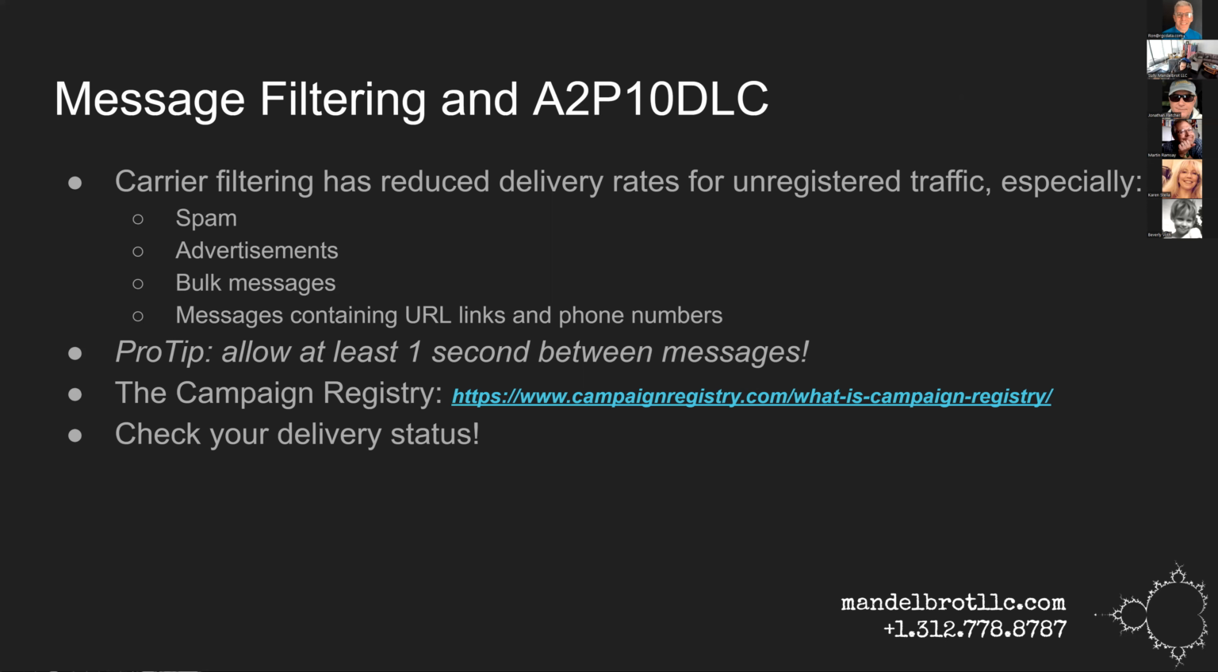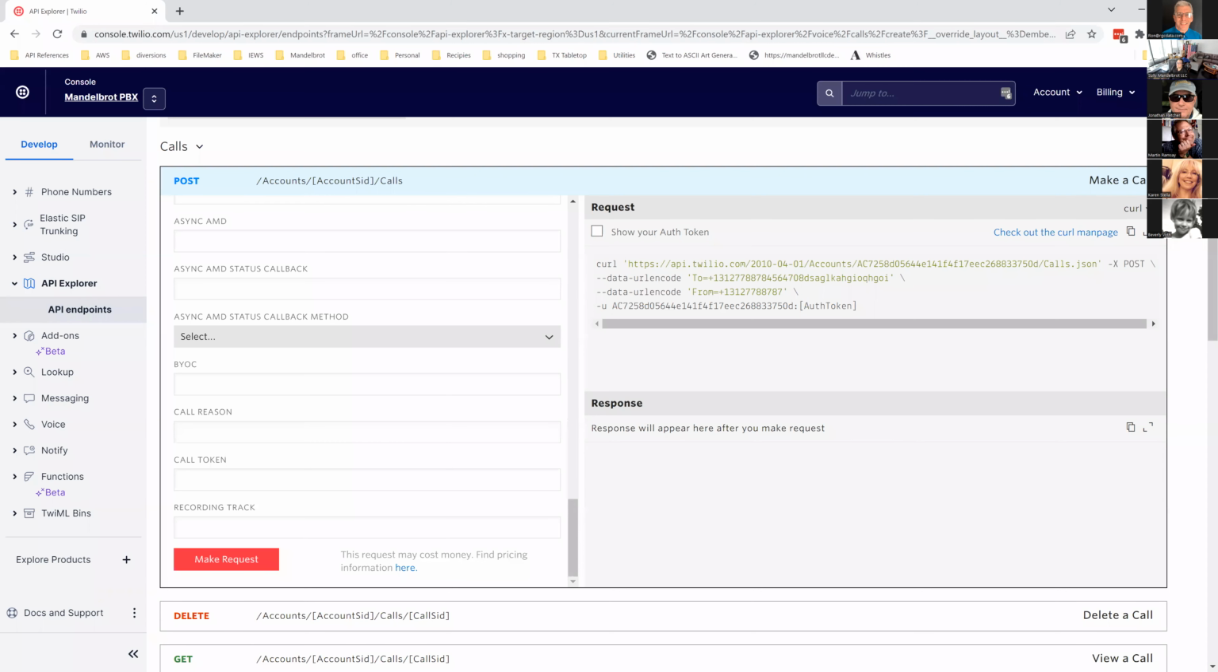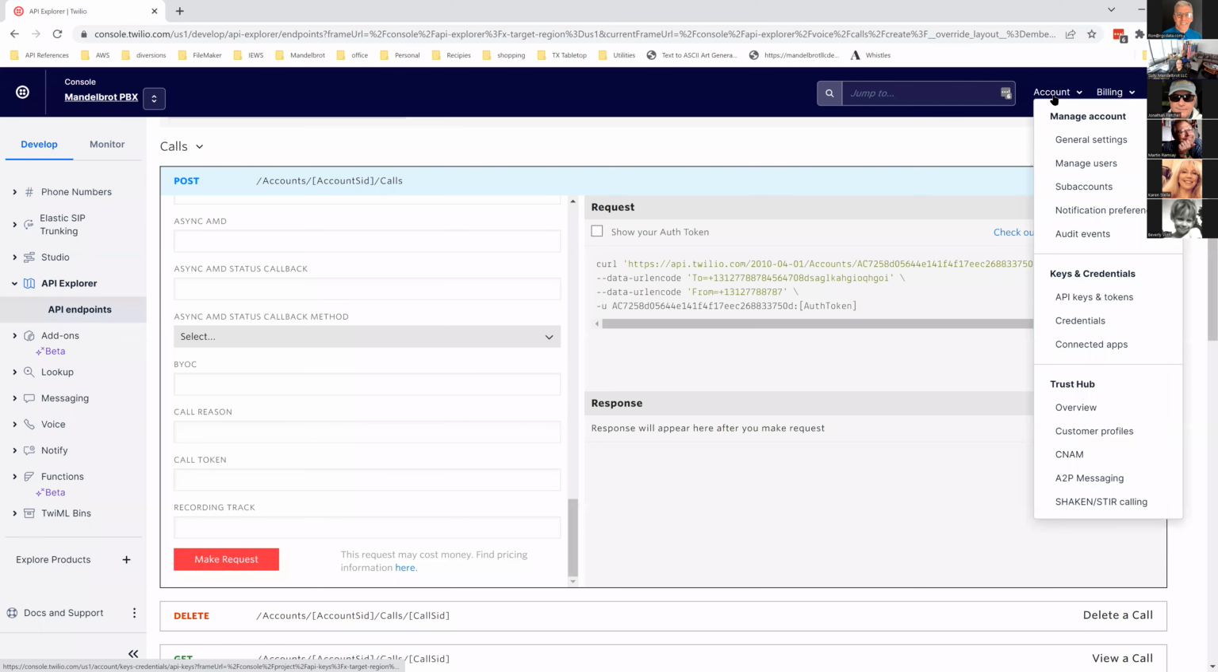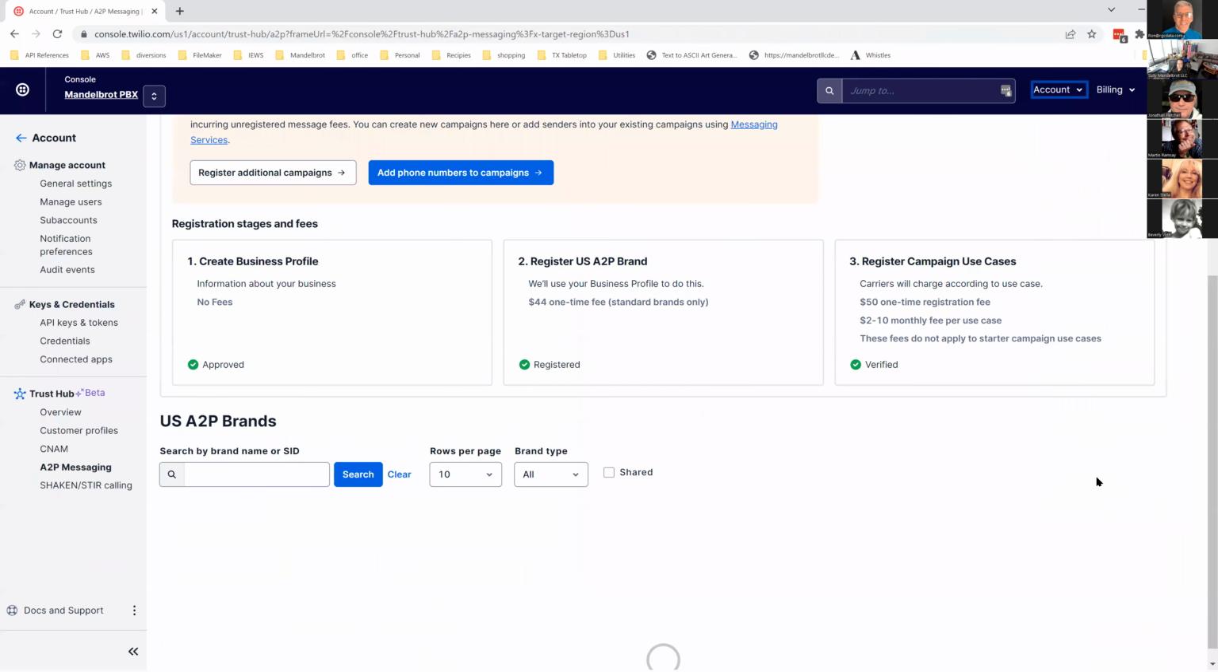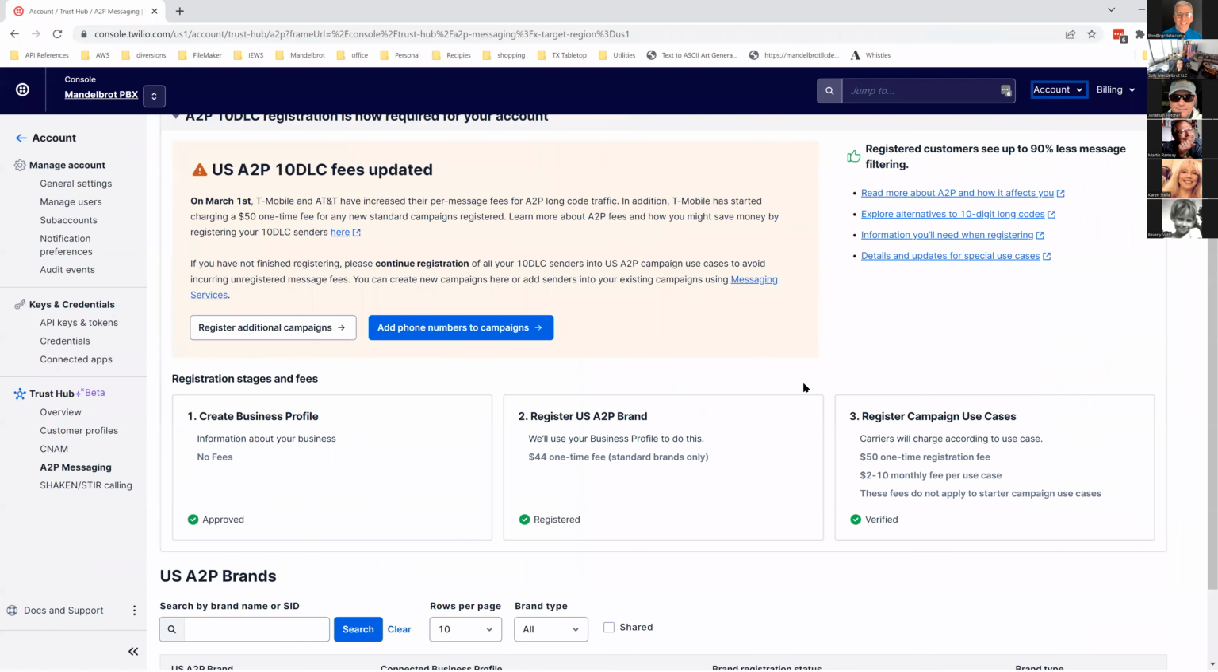If you can set it up so your server just runs in the background and sends a message every other second, then there's a much lower chance of filtering. Also, if you fill out your form in the Trust Hub, I'll show you where that is too. If I jump over to account and you go over here to A2P messaging, application to person messaging, and you go in here,